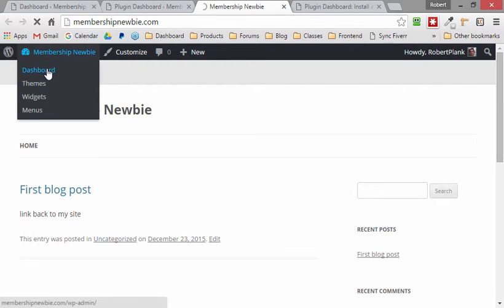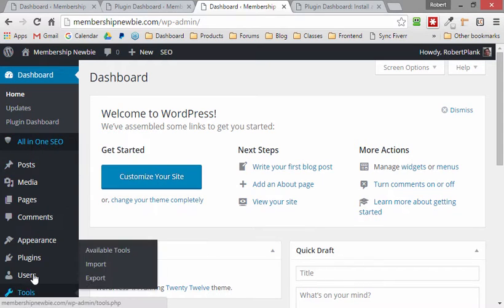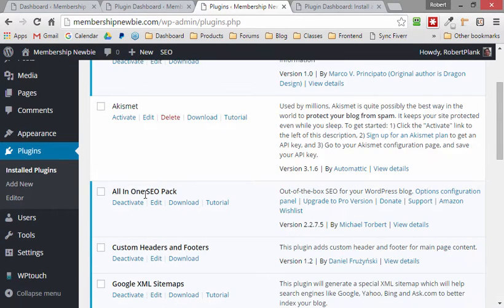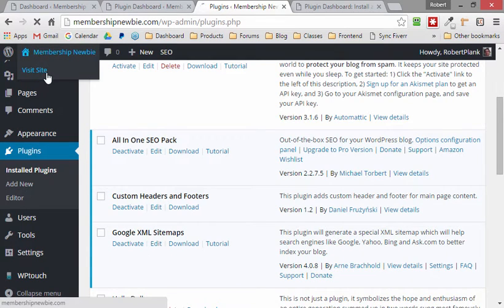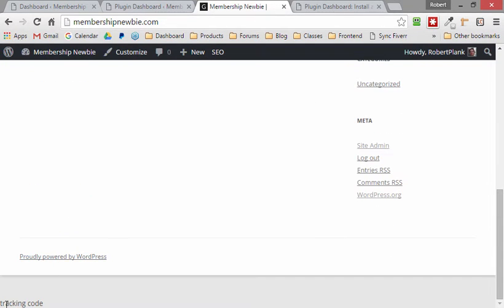If we go and log into our dashboard, now it says, well, we've got an SEO plugin on there. If we check out our other plugins, we've got a signature plugin, SEO pack, and out of curiosity, if I view the site, you see here, there's this link back to my site. Now this will appear at the bottom of all of our posts. We see there's this tracking code at the bottom of the site. So if we have Google Analytics or things like that, now that will appear at the bottom of all our